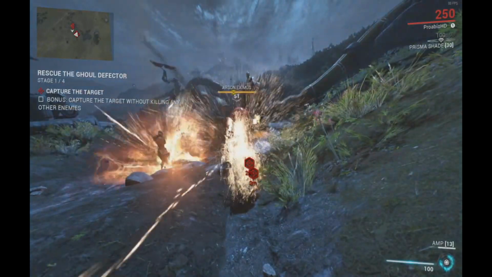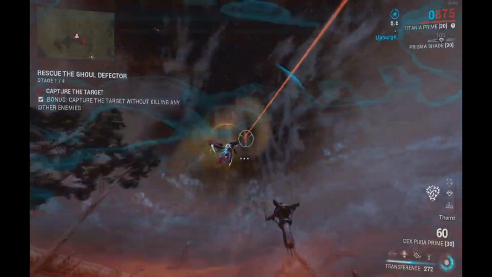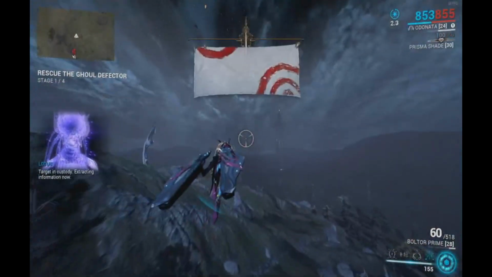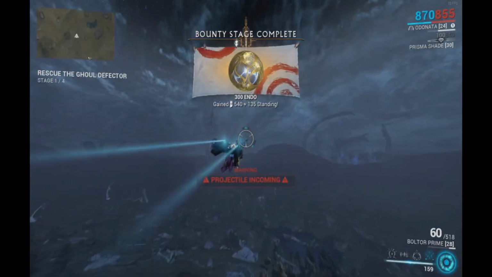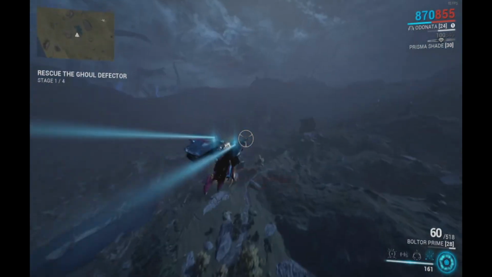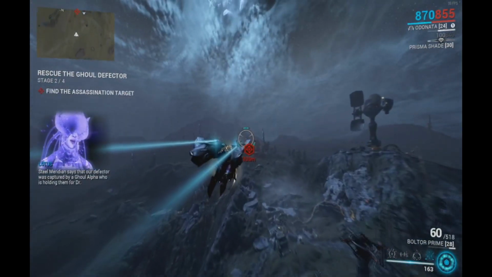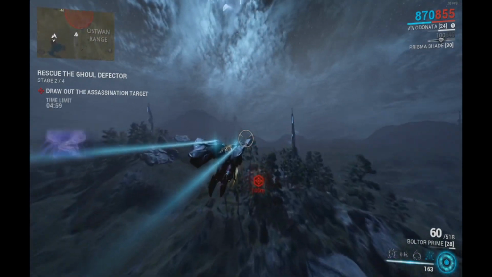Because now we've set something up. We set up a very quick Aya farming room. So now we captured it, we're gonna fly away, and look what the next bounty target is. Find the assassination target. We're gonna fly over there. As soon as I get over there,